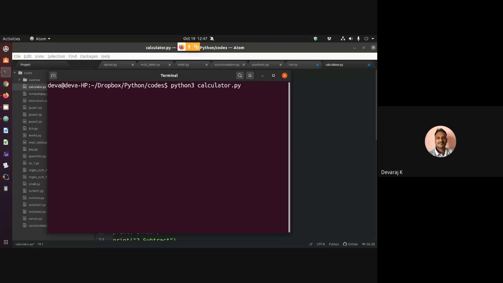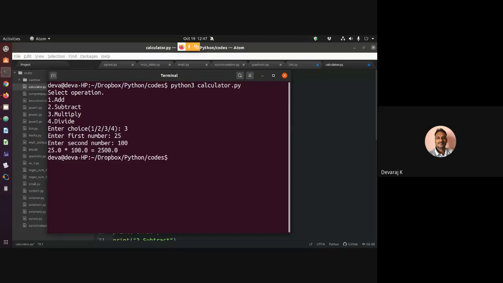Let us do the code for the multiplication. So 25, so it is 3... okay, so 2500, it is 2500. So I will use a wrong entry to see whether it works or not. Let me check. I'm going to run this code. So I want to go for maybe multiplication. I will enter something like 40.